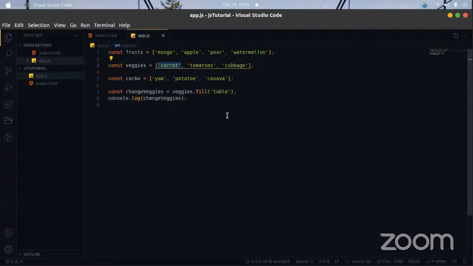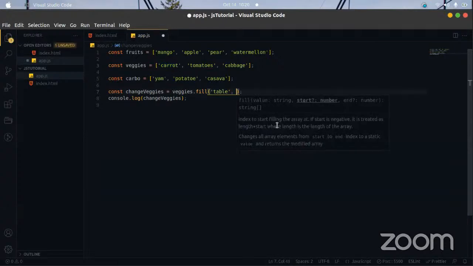Now, how do we do that? We do it this way. We say comma. Let's say we wanted to change just carrot in the veggies array.